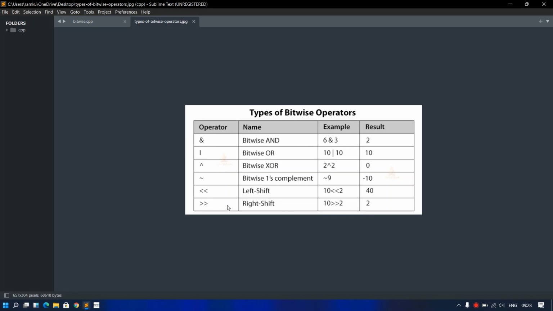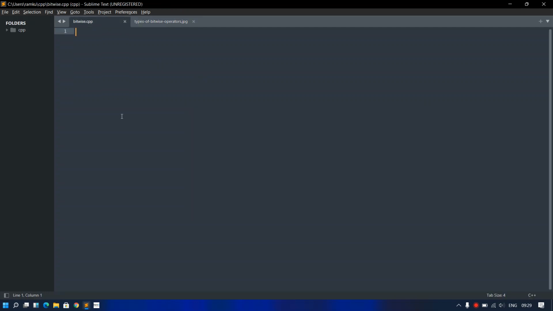So let's see the programming of how we can use these operators to make our program much easier and computationally faster. Also, I'm going to explain briefly how it is happening. Okay, so let's get started.